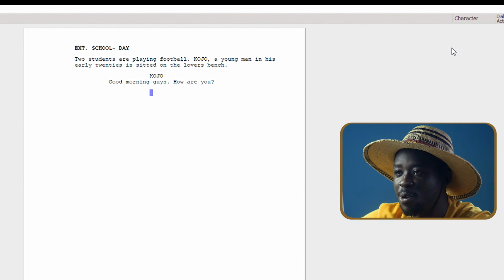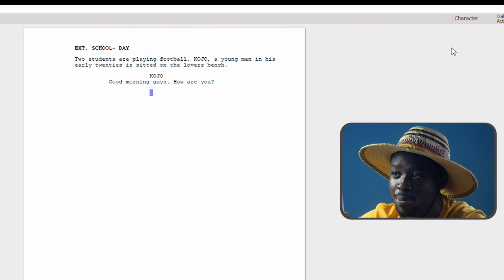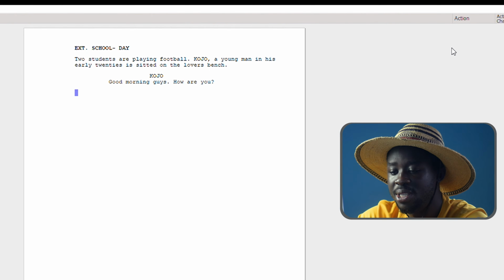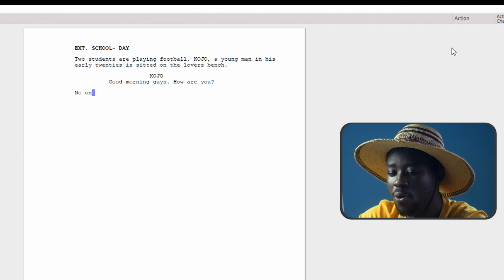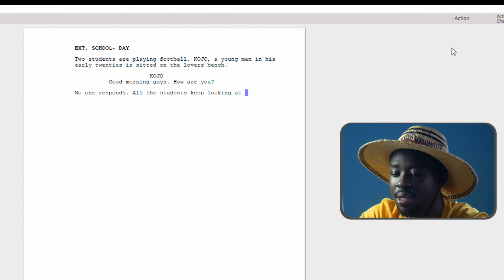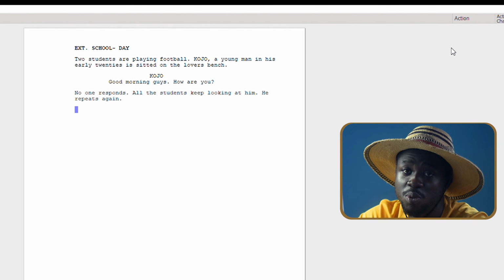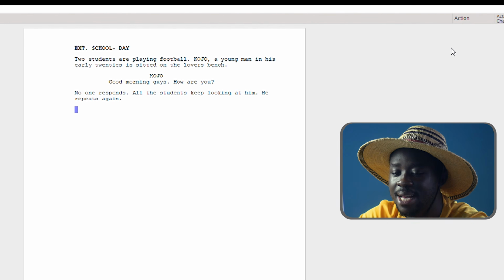However, it is not always the case, because maybe if people are silent, we may want to describe what's going on. So if you can click on tab, it takes us back to action, so that we can write an action exactly what's going on. So we say, no one responds. All the students keep looking at him. He repeats again. Okay, so we go to enter, and then it still tells us action, but in this case